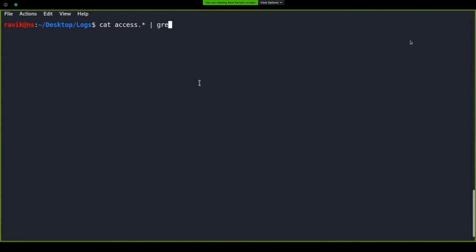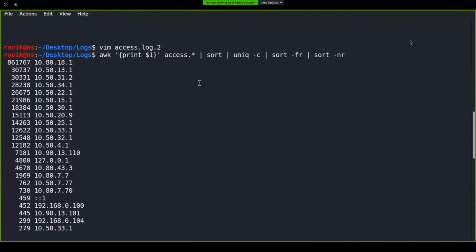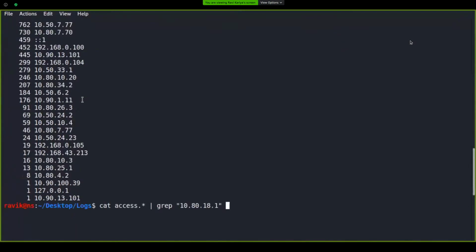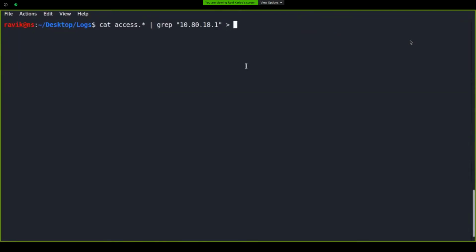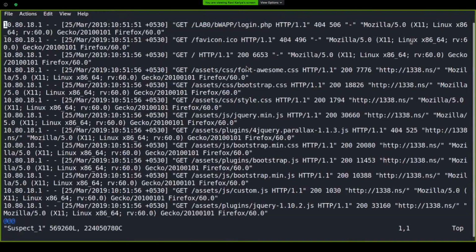I would like to grep for the IP, let me check for any misspellings. Yes, 10.80.18.1, and I would like to save this result to suspect_1. Now let me turn on the line numbers.